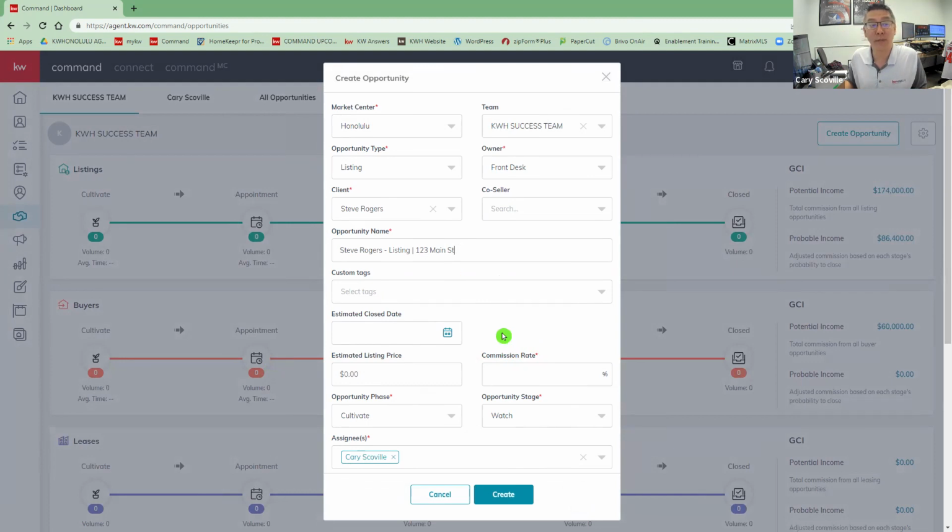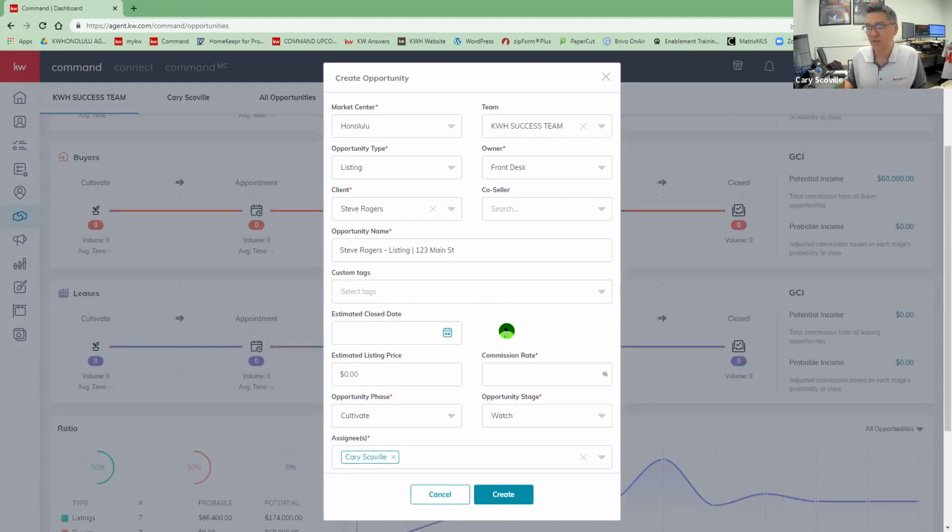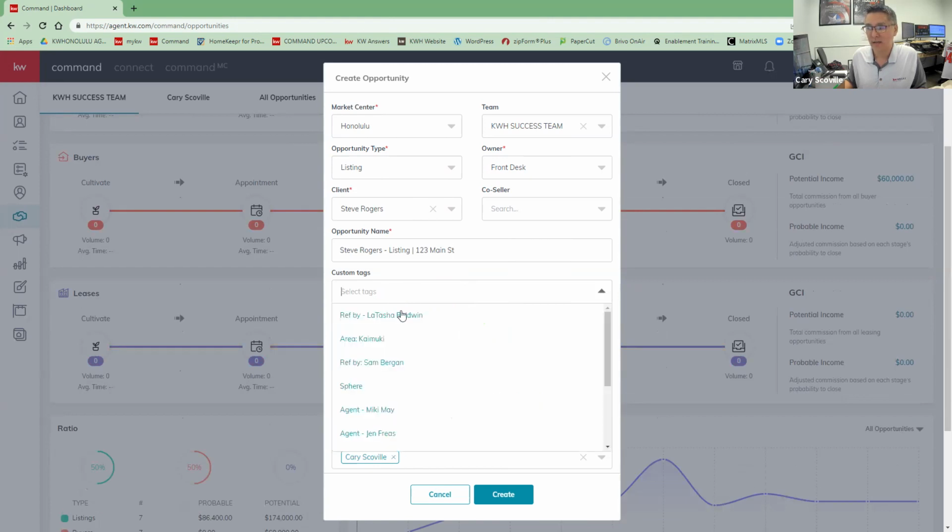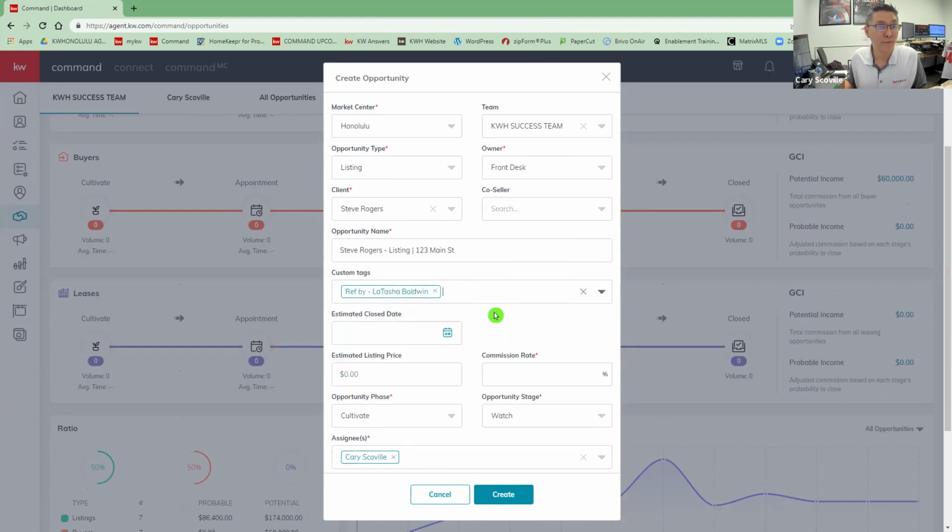No questions. Don't be afraid to unmute yourself during this time as well and just give us a shout out. Nikki, thank you for the thumbs up there. And we're just going to take a look at what's required. Here's where you can put some custom tags, different from contact tags. This allows you to just say, I have a tag, referral by Latasha Baldwin. At the end of the year, I can look at my sales report and filter by how many referrals Latasha sent me, and then I'd be able to identify all those opportunities. So tagging, you may or may not need to use it, but it's there for you, right?